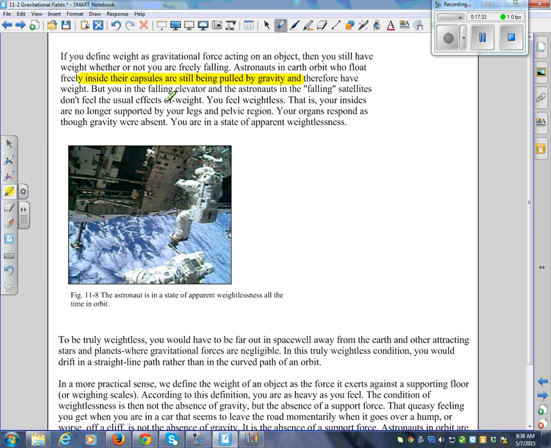When astronauts go up to the space station for months at a time, their bodies actually decline. They lose muscle mass because they're not using their muscles to stay upright anymore. Earth's gravity is 9.8, isn't the moon's like 2 something? 1.6 on the moon.